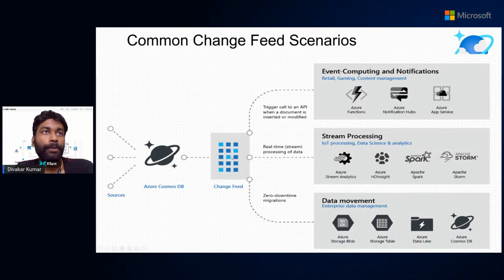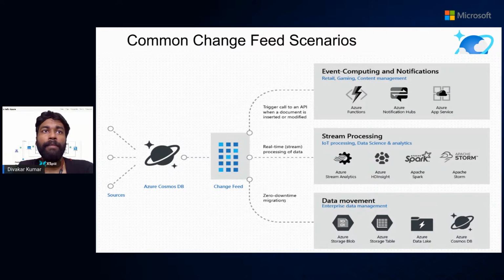Once you are listening to these events, one way of thinking about it is that you can trigger an API downstream. You can have your APIs in Azure Functions or an App Service, or you can even trigger a notification through Azure notification apps. You can think of a real-time processing scenario as well, where you use this data for stream analytics purposes.